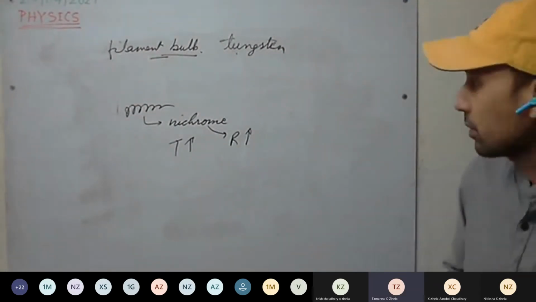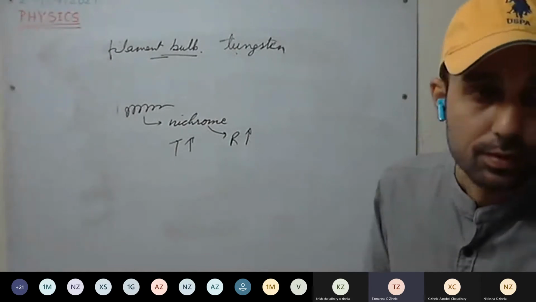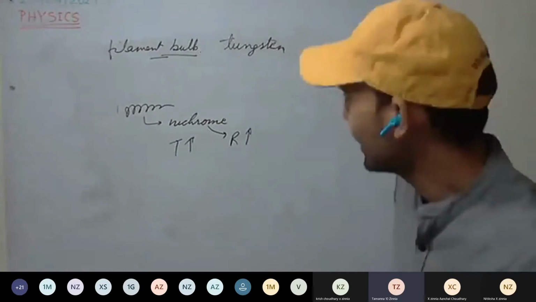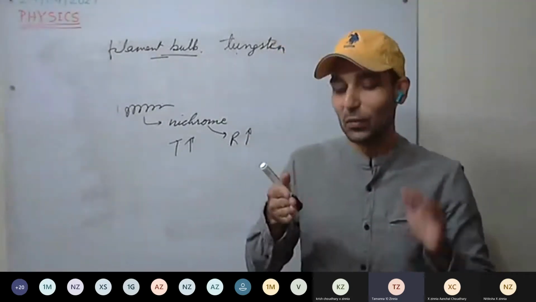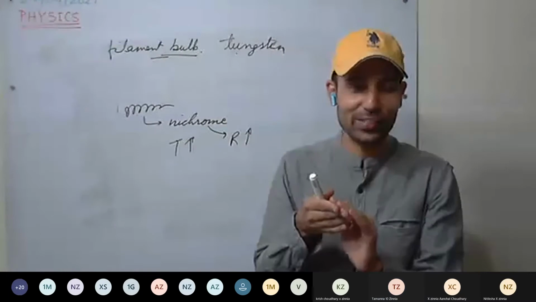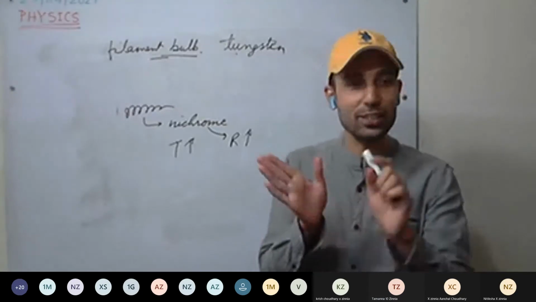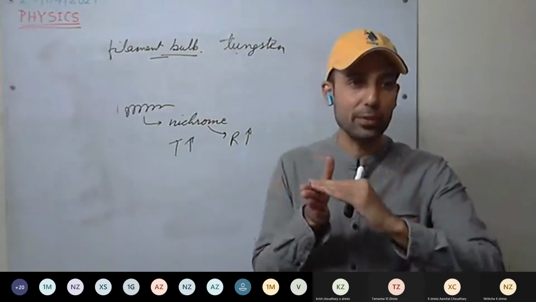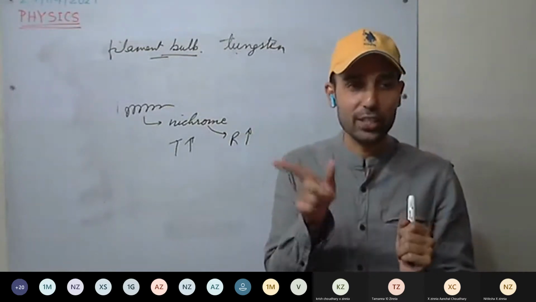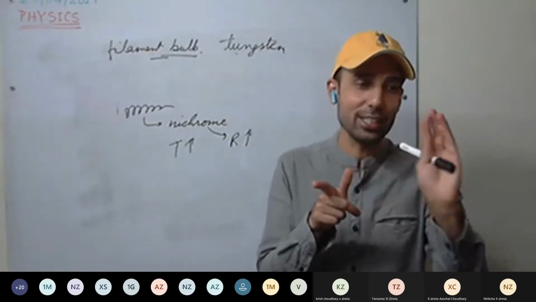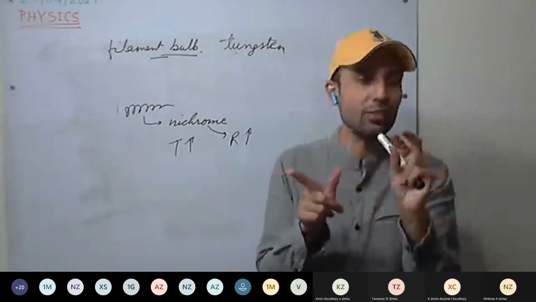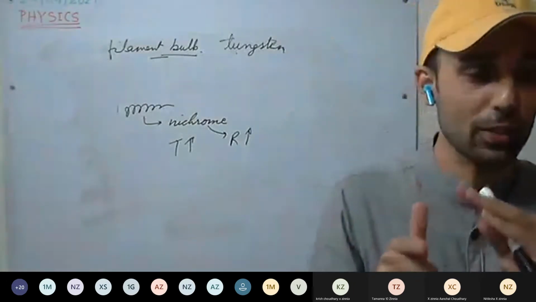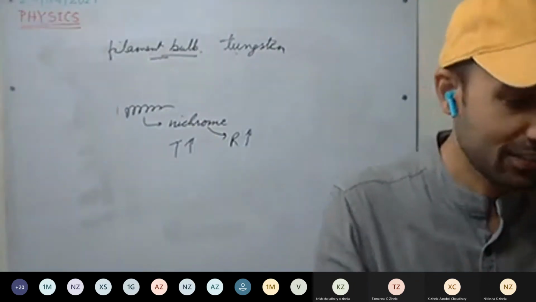Sir, if that's a glowing heater, then will our hand burn or not? Okay, it will depend on where your hand is. If your hand is on the heating element, it will surely burn. So initially, as this is switched on, you touch the heating wire. Depending on how much time you have touched and at what time you have touched, it will burn. Initially it was glowing a little bit, so less heat, less burn. But after some time, it glows more, so if you touch it, it will be severe, and it depends on for how much time you touch it.